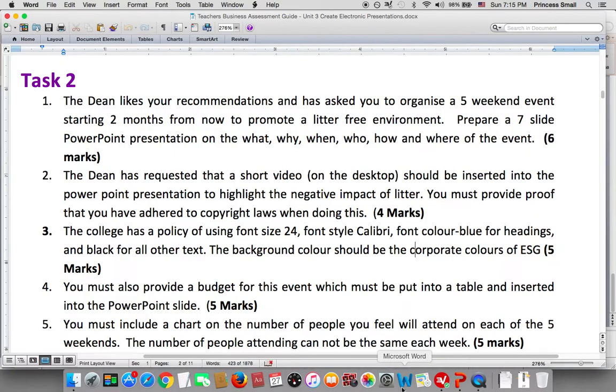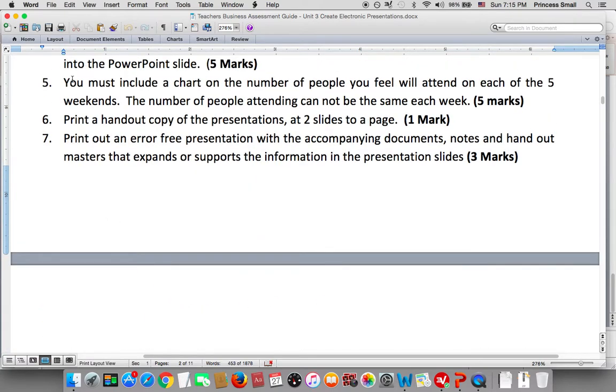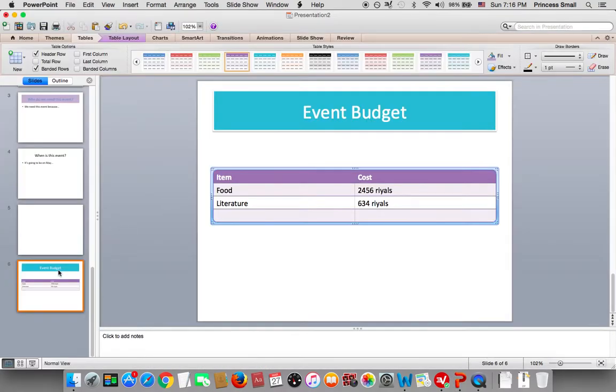Okay, what's the next thing you need? So that was number 4. Number 5, you must include a chart on the number of people you feel will attend each of the 5 weekends. Okay. And the number can't be the same for every weekend. All right, so the next slide,